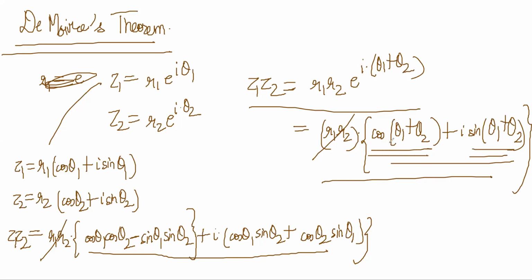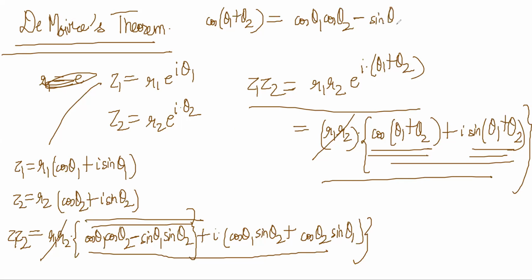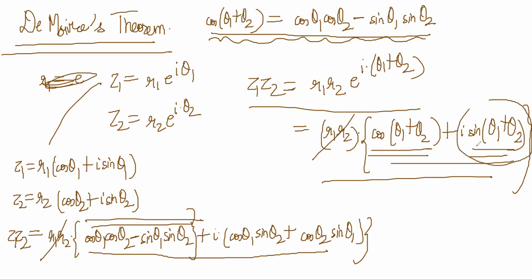So the real part of this is what? Cos theta 1 plus cos theta 2, right? And that should be equal to what? Isn't this something that you had to learn in trigonometry? So the proof of this is now obvious using complex numbers. And similarly, you get the sine theta 1 plus sine theta 2 formula also. Correct? Now take the special case.